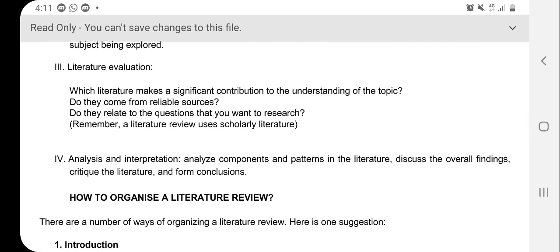Number 3, literature evaluation. Which literature makes a significant contribution to the understanding of the topic? Do they come from reliable sources? Do they relate to questions that you want to research? Remember, a literature review uses scholarly literature. You have to find research articles, and the research articles that you refer to are supposed to be high